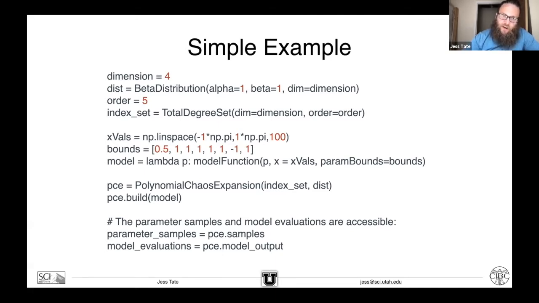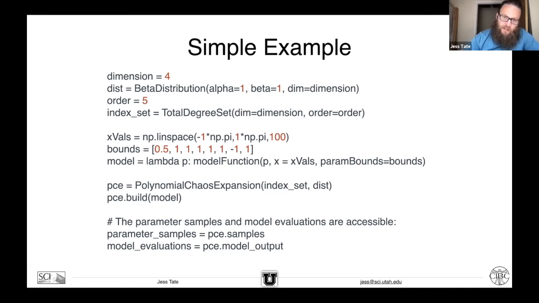You can see that although we set the dimension to 4, we're holding the 2 middle parameters constant. So this is actually the first example that Jake showed in this particular case. Of course, if you want to vary all 4, you just change those 4 ones in the middle to whatever values you want. And then once we have our bounds set, we declare our forward model using this lambda function,